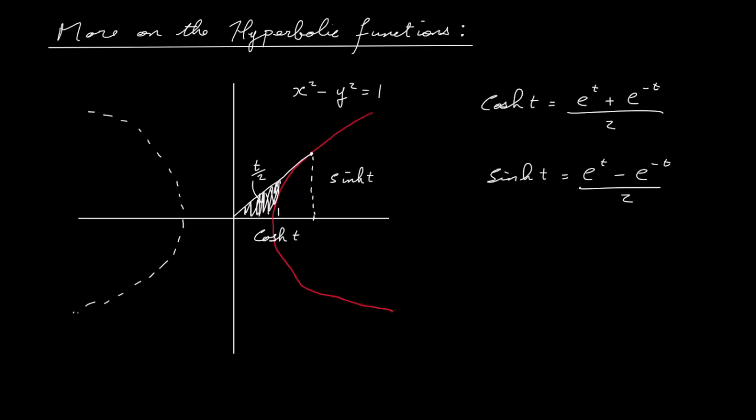unit hyperbola. So you can see this is the unit hyperbola. We've got cosh t out as far as here, we've got 1 here, we've got sinh t up along here, and this area here is t over 2. So our input is going to be twice that area. Okay, so let's just put these two expressions into our formula here for the unit hyperbola and see, do we